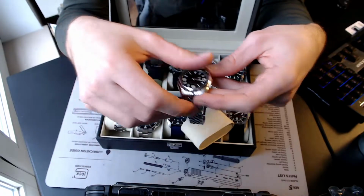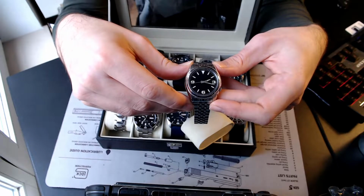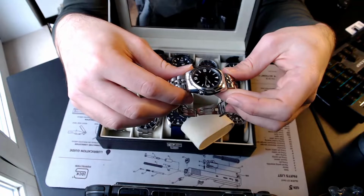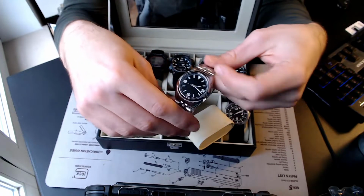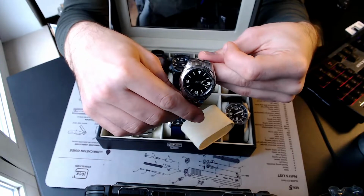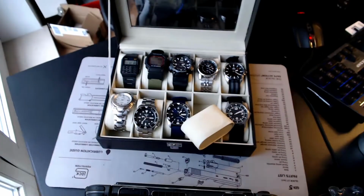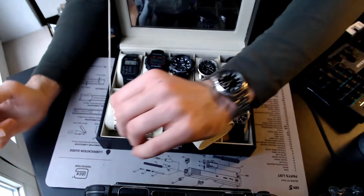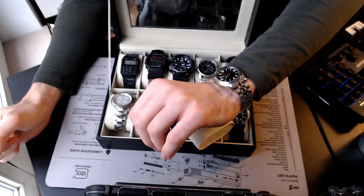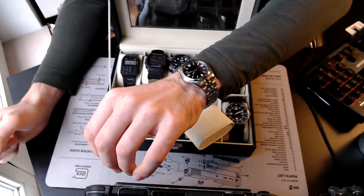It is the Seiko Explorer 361, which I ordered the dial from Raffles Time in the Explorer style dial with applied indices, and I think it suits the watch just gorgeous. It is just a gorgeous Explorer homage, even with the original bracelet on. It just ticks all the boxes. It's just awesome. I do love this one, and